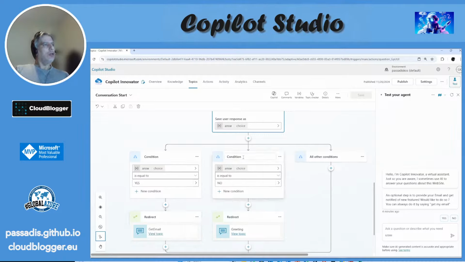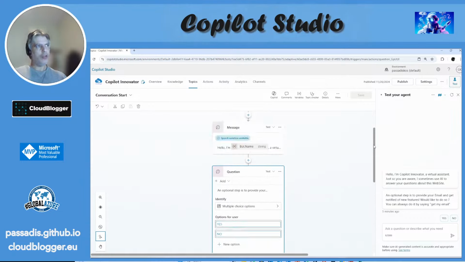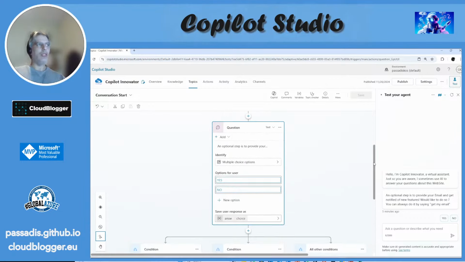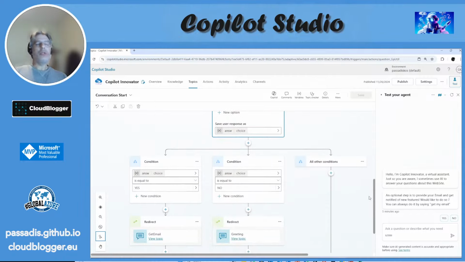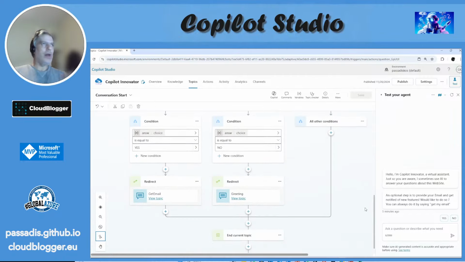In case the user selects no, take them to a greeting topic that is the follow-up conversation after this interaction. So we have the salutation and an informational message with a question. Are you willing to provide your email? You can say yes and you can say no. There are no other conditions, so no problem here. We're going to always go to end this topic